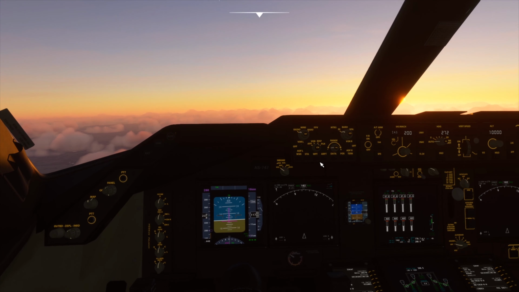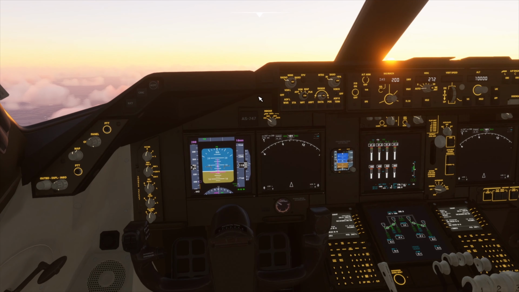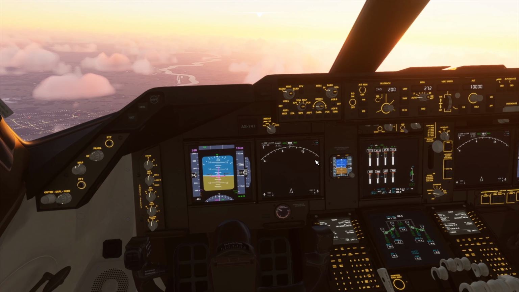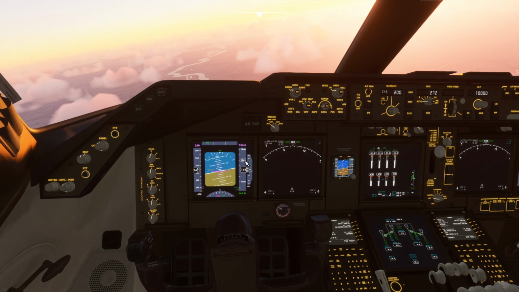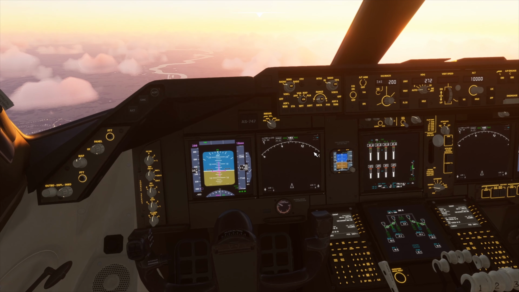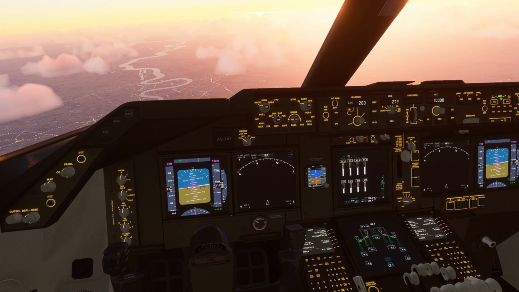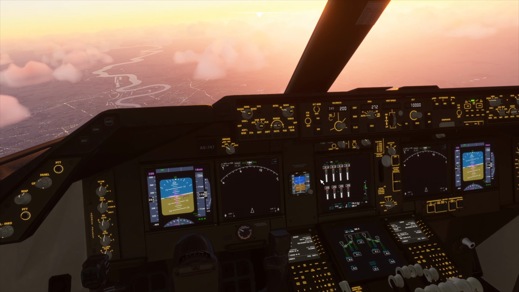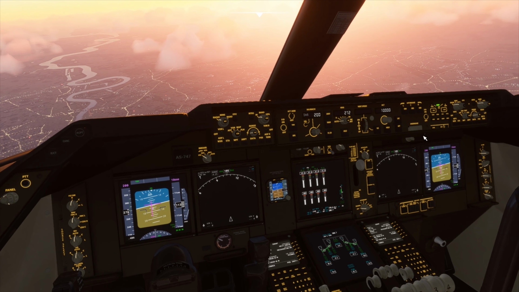As you can see, I am flying my aircraft manually at the moment. What you need to do is to let go of your yoke, or if you're using the mouse yoke, then make sure that you put it to the release position, or else the autopilot will get interfered with and it won't work. So what we'll do first is we're going to press one of these buttons over here to engage